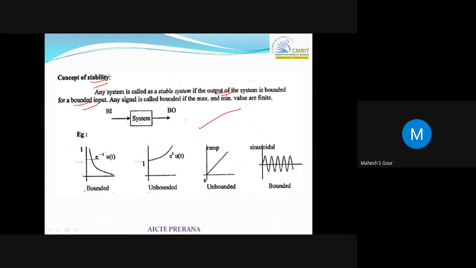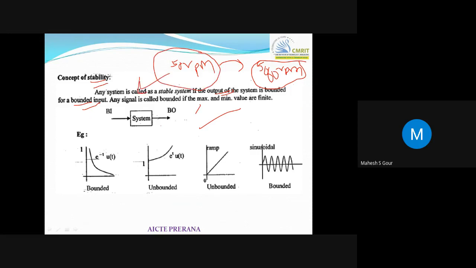Like, suppose you run a fan and increase the speed to 50 rpm or 100 rpm, you should not go beyond that. If I run for a longer time, like infinite time, instead of 500 rpm, it should not become 5000 rpm. If it becomes 5000 rpm, then what will happen? Your system starts functioning badly, the fan may go off, and it will become a bad system, right? So that's why for bounded input, it should have bounded output. If I want 50 rpm, it should exactly give me 50 rpm.